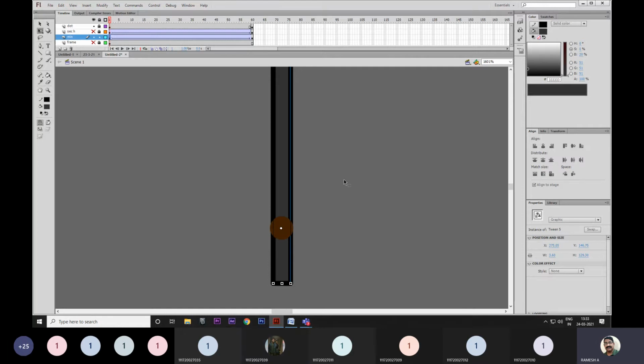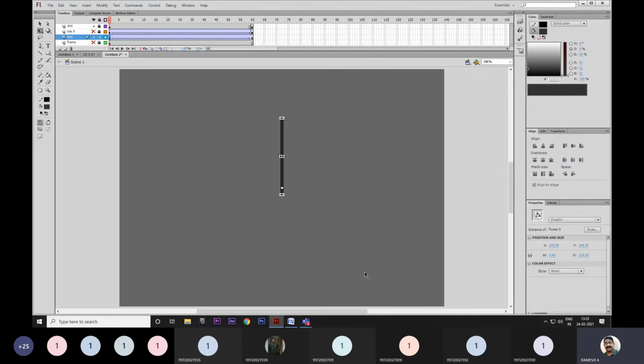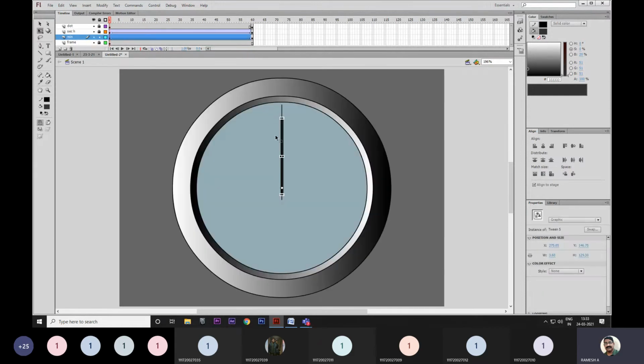Can you repeat, sir? Suppose the minutes hand takes one rotation, I will open all this. See this. 60, sir. 60. Okay. When the second hand takes 60 rotations, the minutes hand will take one rotation. Okay, now tell me how to control the speed for both the seconds and minutes hands.